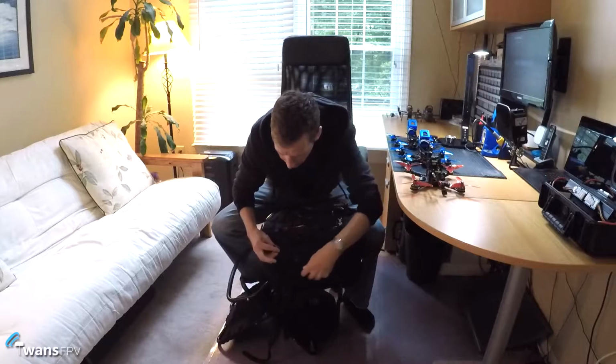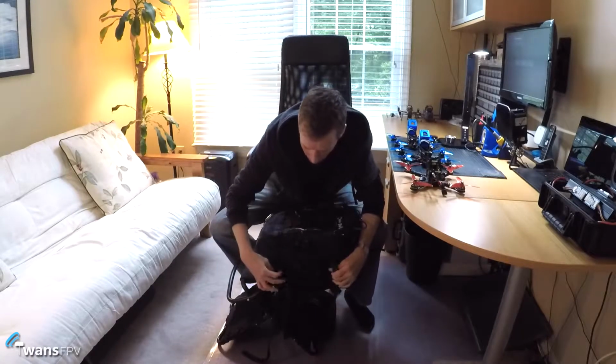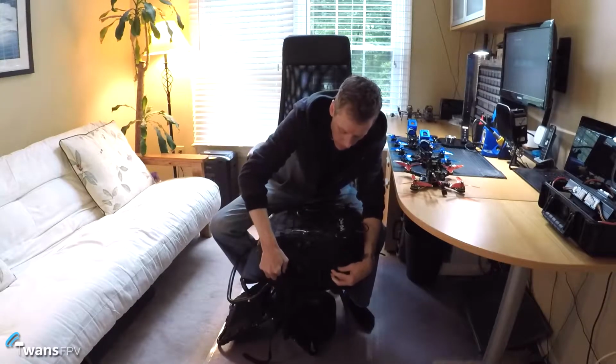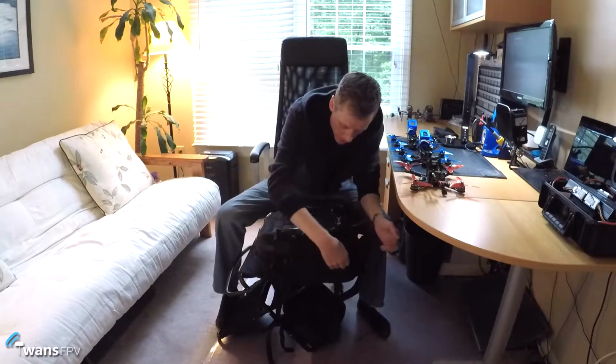You'll see on the outside here it's got some straps where you can put anything you want. I typically put my ground station and just lash it onto here so I can carry that around with me. Got these mesh pockets where you can put drinks or whatever. Then with the main compartment here,